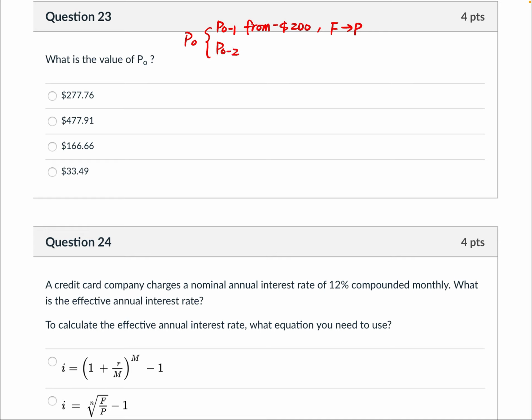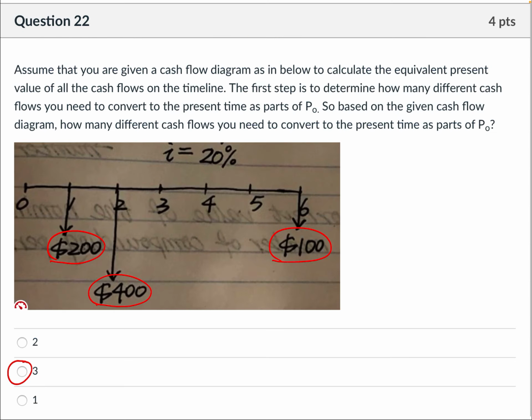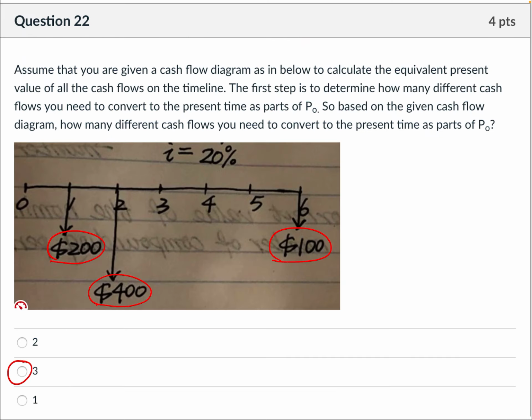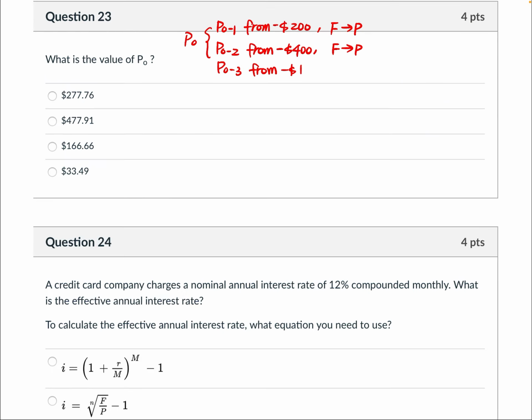And P0-2 is from the 400 at the end of the second year. It's still a future value converted to present value. And the last part, P0-3, is from the 100 at the end of the sixth year. It's still to convert the future value to present value. Okay, and